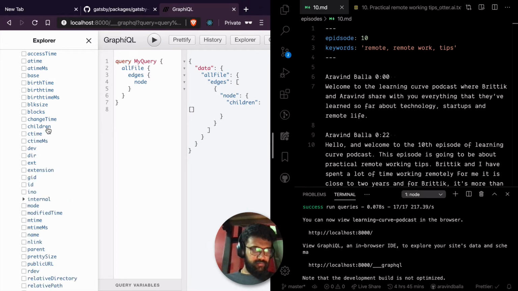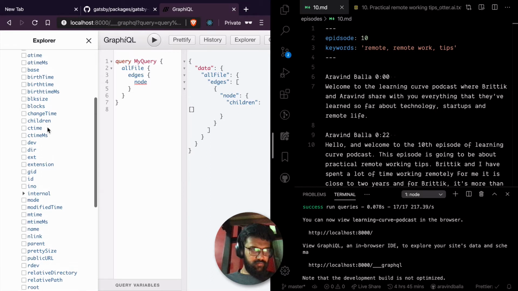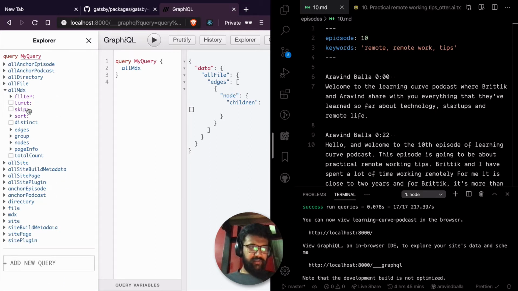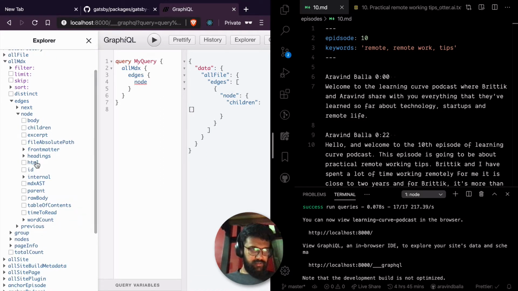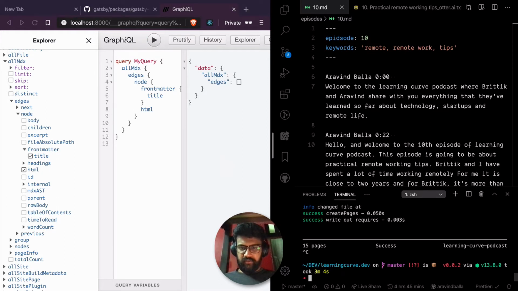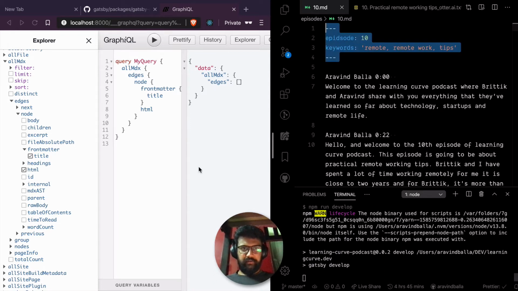How does the MDX work? All MDX. Right. Edges node and front matter title. Is there title? No. HTML. I think I have to restart because I've added the front matter later.